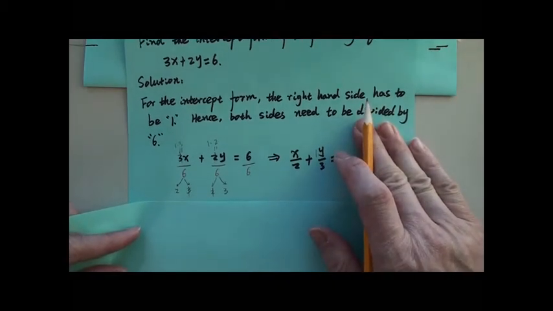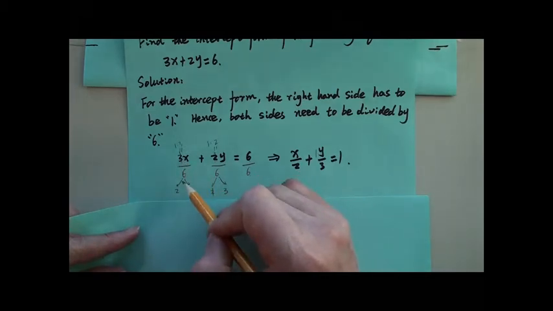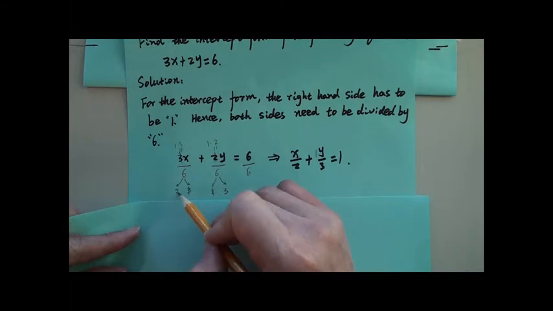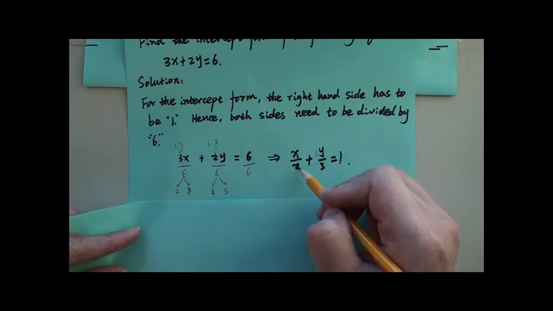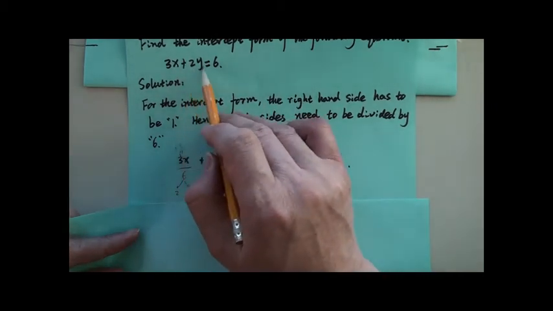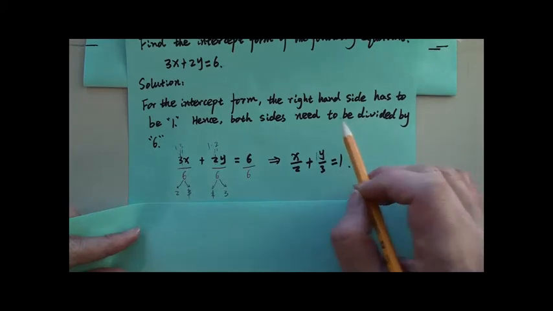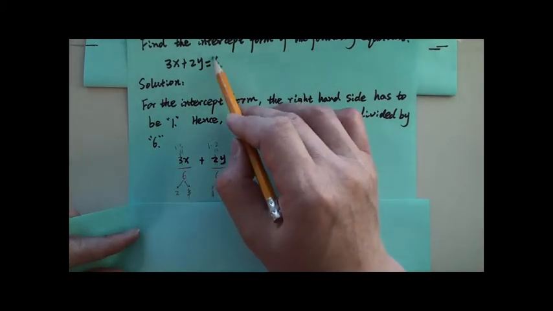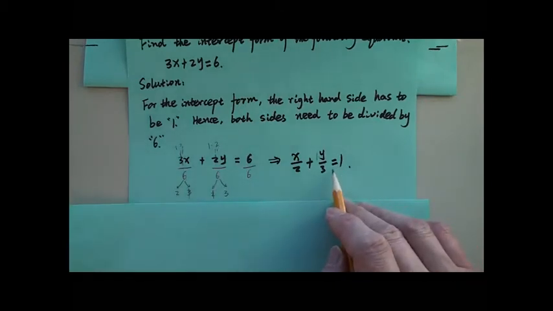Now, this one is the same. Cancel this 3 because 6 is 2 times 3. So you have 2 left on the downstairs. Okay, left over on the downstairs. So then, for this one, 3x plus 2y equals 6, the intercept form is just both sides divided by this constant 6. You get that. And that's actually our original